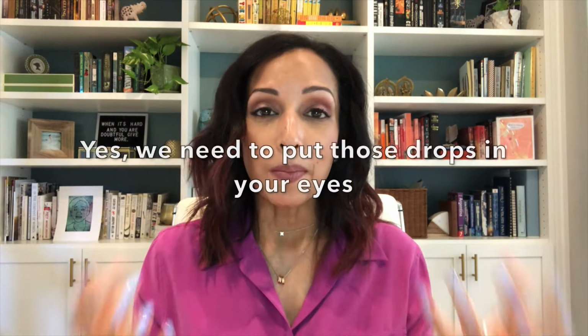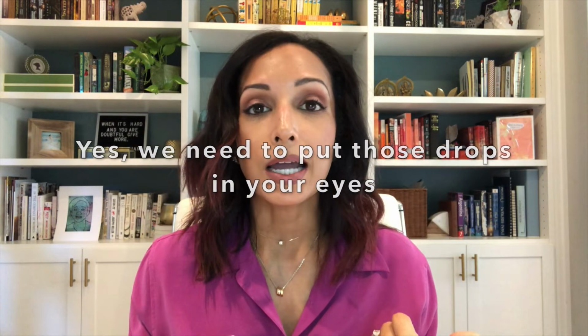Those drops, those pesky dilating drops that make it so you can't see anymore after we use them. Why do we need to use them? Drops basically make the pupils inside the eye large. We can examine the front part of the eye, the eyelids, the eyelashes, even the colored part, the cornea, all of those without the dilating drops. But to get a look inside the eye, to check your retina, your optic nerve, the blood vessels, your macula, all of those really important things for checking for glaucoma or macular degeneration, we need to put those dilating drops